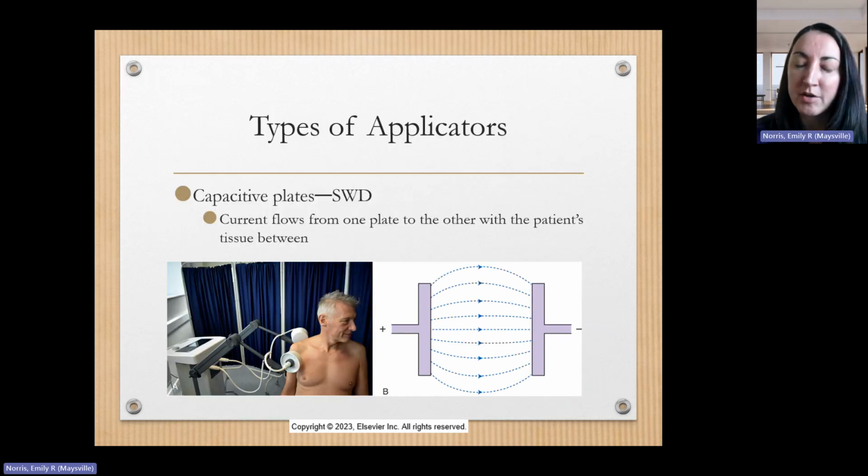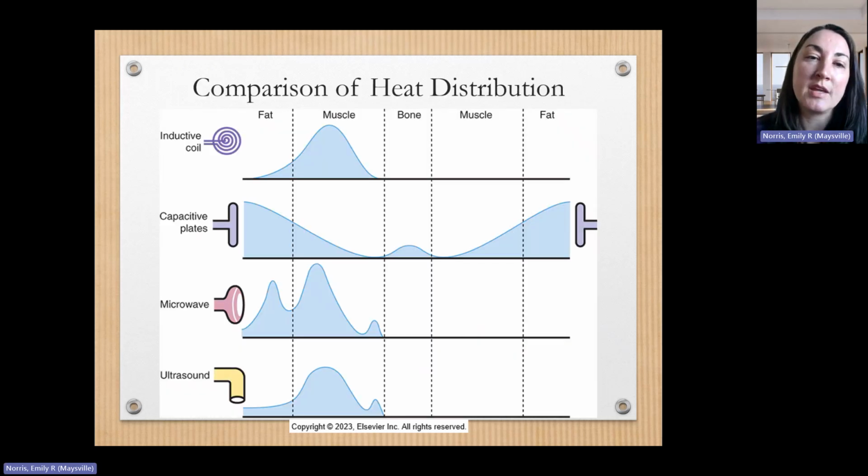Another thing, I already mentioned it, but the patient becomes part of the electrical current. This is just showing a comparison of heat distribution on different types of applications. But if you notice, it goes fat, muscle, bone, muscle, fat. And so the reason the capacitive plates is the only one that has it on both sides is because it's